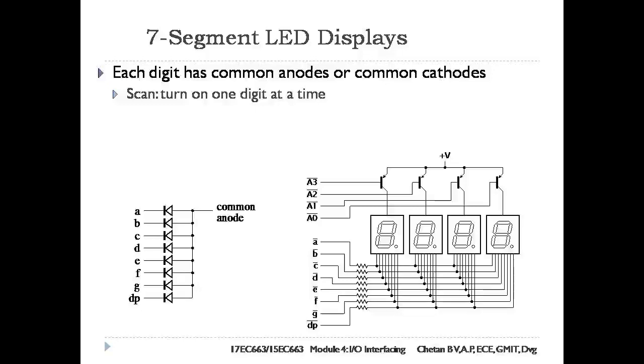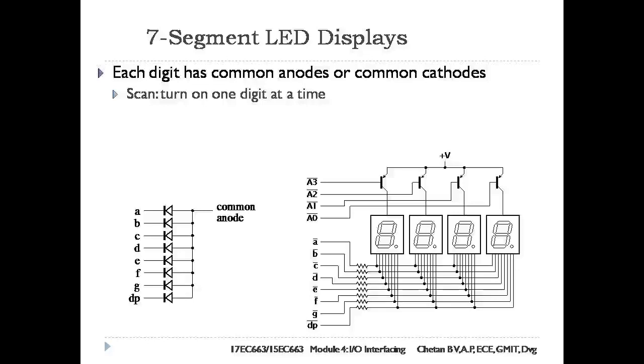Each of the outputs, that is capital A0 through capital A3, when pulled low, turns on the transistor that enables a digit. To display 4 digits, we pull each of A0 through A3 low in turn. When A0 bar is low, enabling the least significant digit, we drive the segment lines from small a bar through small g bar and dp bar, low or high as required for the segment pattern for the digit.